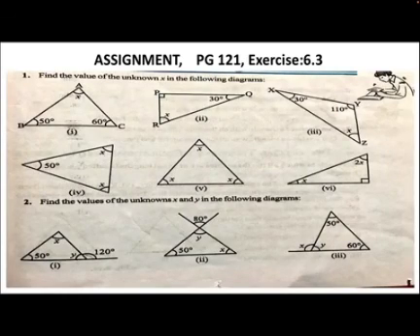Now your assignment is very simple. You have to find the value of the unknown angles here. For example, in the first case, in triangle ABC, two angles are given to you, 50 degrees, 60 degrees. Now just now you have learnt angle sum property. Try to find out what the measure of this angle is. It's very simple. I know all of you have already guessed. So kindly do the steps, okay, and do the problem.